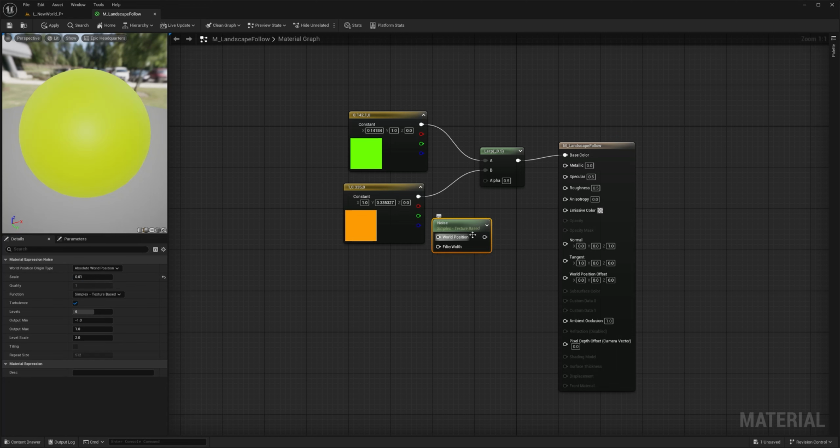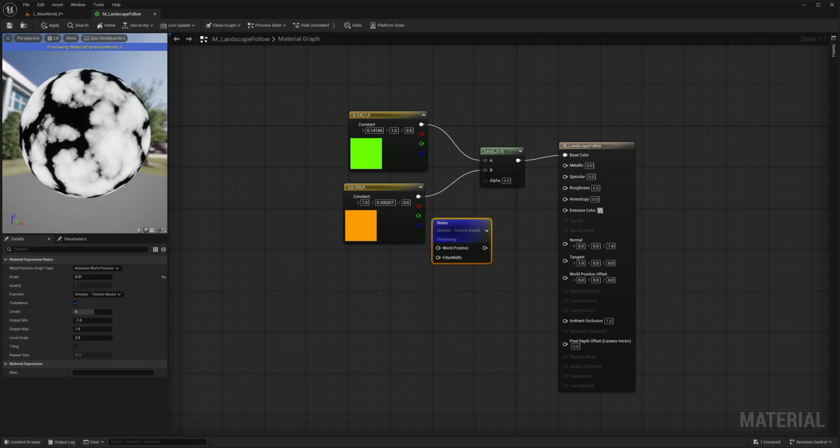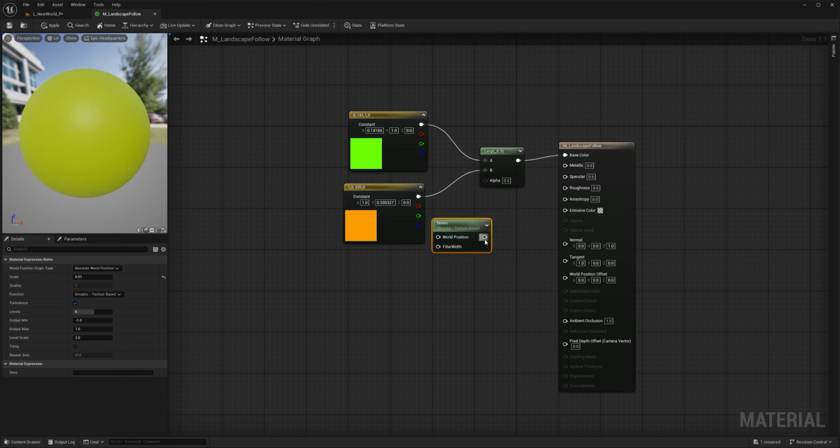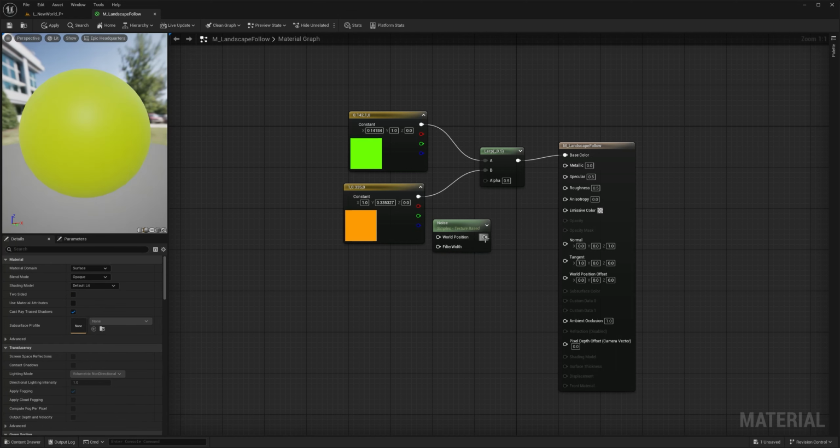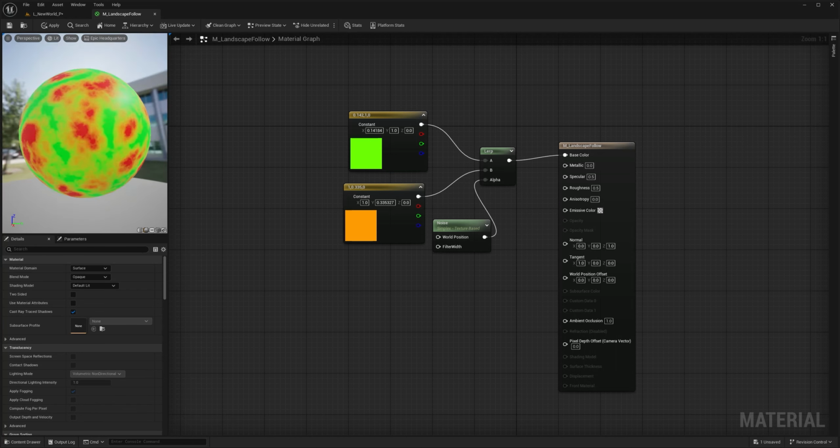And if you want to see what's happening with that noise, you can always right click, start previewing nodes. That's a trick. You can see exactly how that looks. You can stop previewing that node. So right click, start previewing is how you take a look. And if I connect to alpha now, this is how my landscape looks.